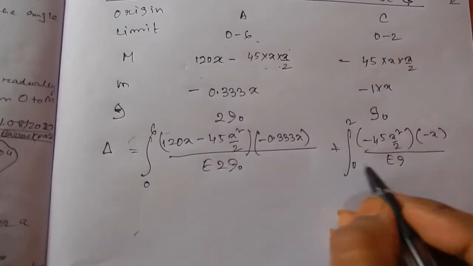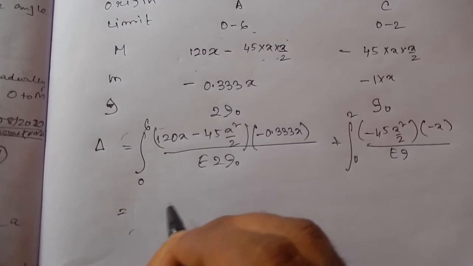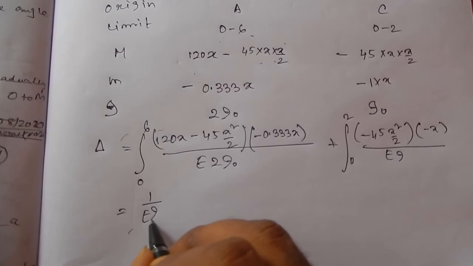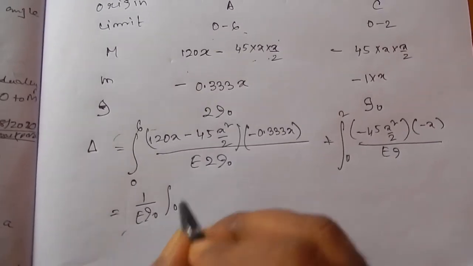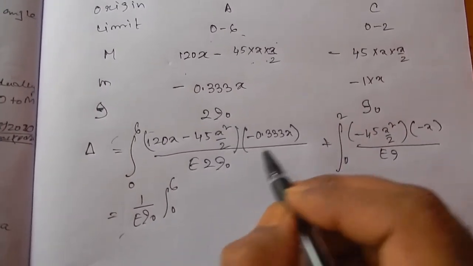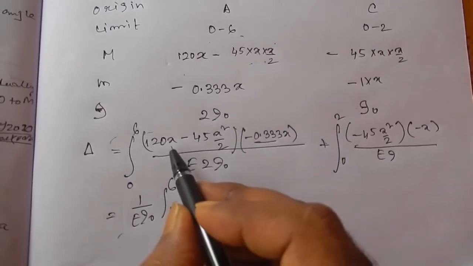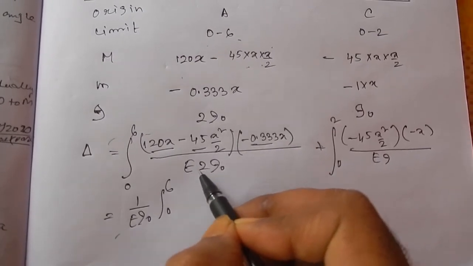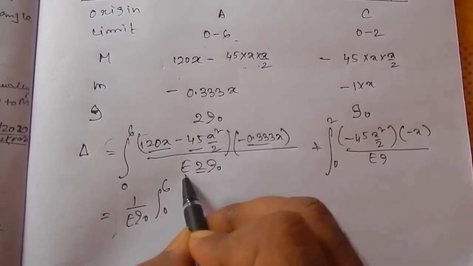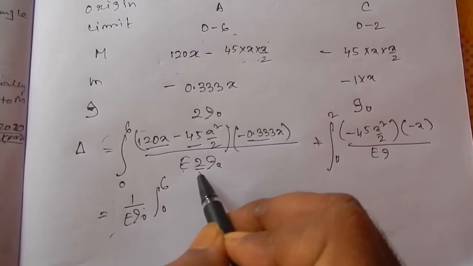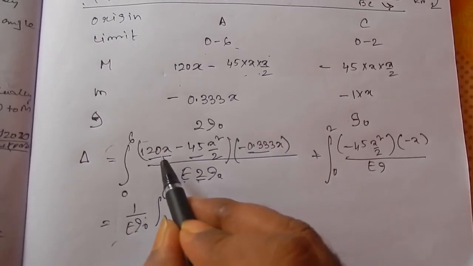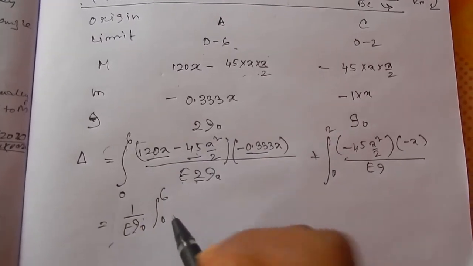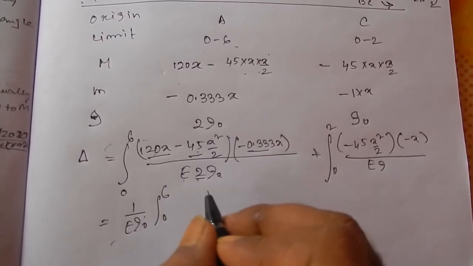Now if you take out the EI part, you will be getting 1 by EI, 0 to 6. Now you have to multiply this portion with this, and after that you have to divide 2, as because we have taken E and I outside, but 2 is there. So if you divide 2 with this part and this part, after multiplying this, you will be getting, ultimately,